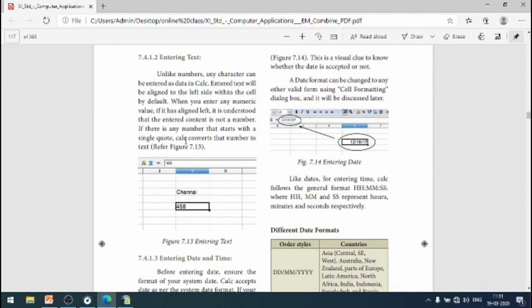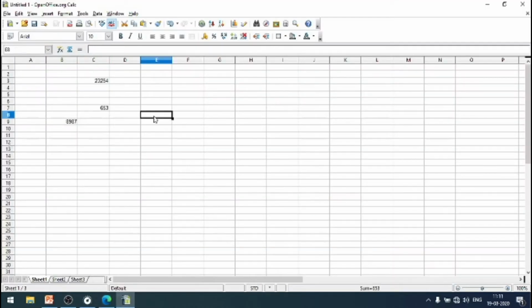Then entering text. If you type a text here, the default alignment is left. You see, the default alignment of the text is left. Then one more thing, you can make a numeric value a text type.